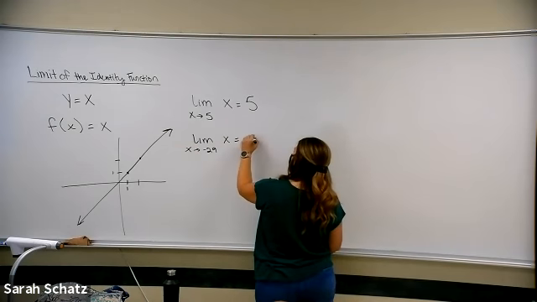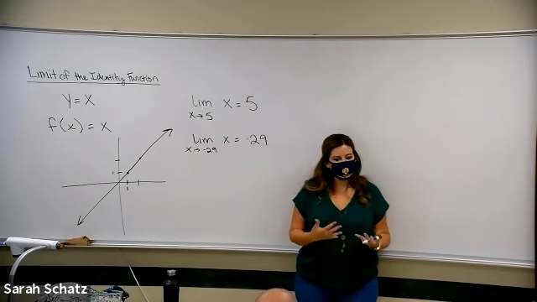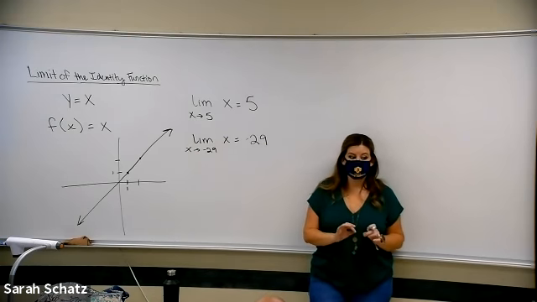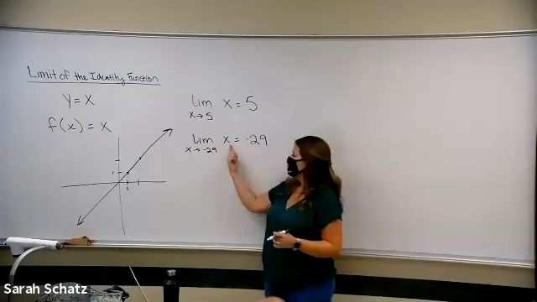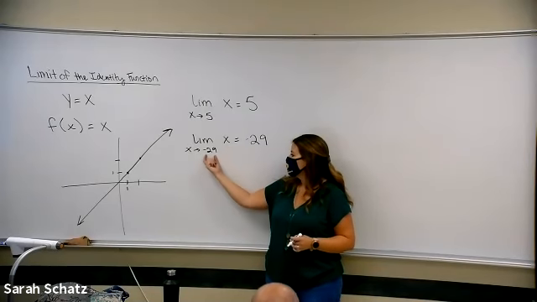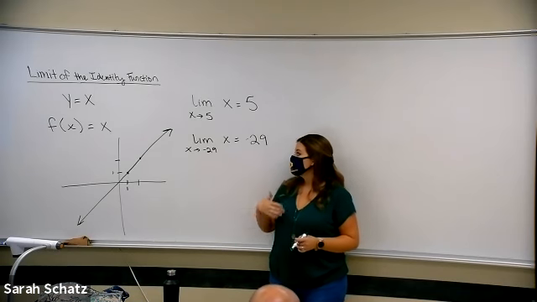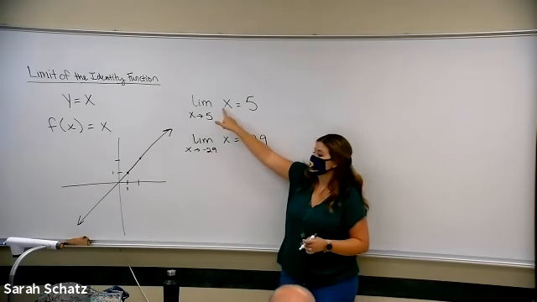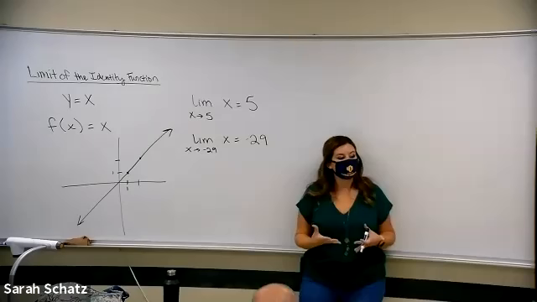So you guys, another really intuitive type property, it makes a lot of sense. I will say, you've got to be careful and not get the two mixed up. So when you have the x here, remember your answer is going to be what x is approaching. Your answer comes from down here. Remember in the constant, your answer was the function. Your answer was up here. So you just have to be really careful.